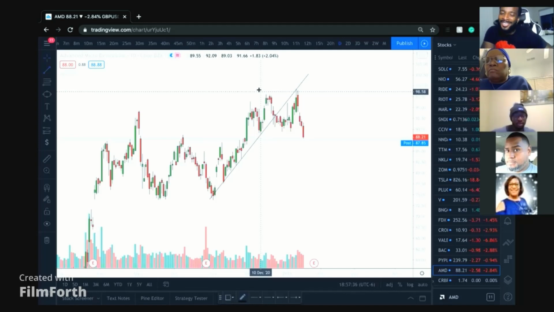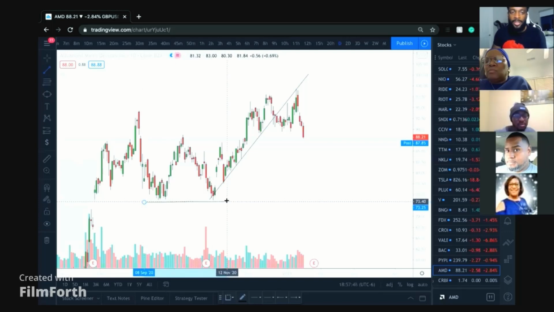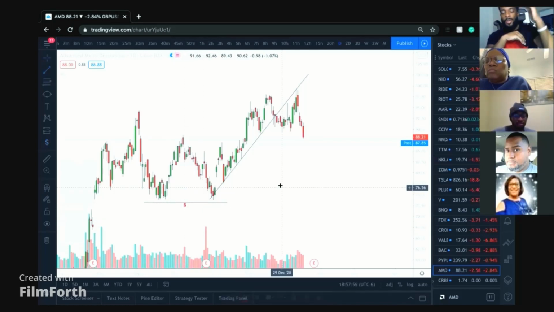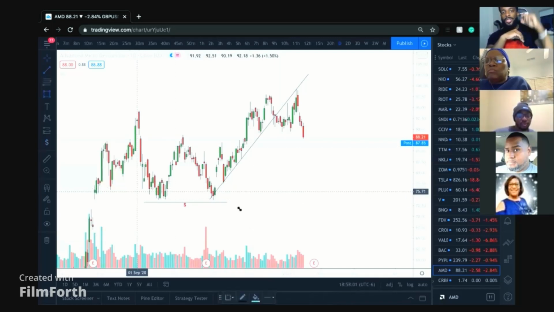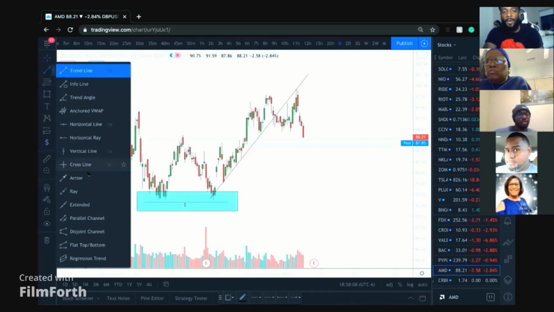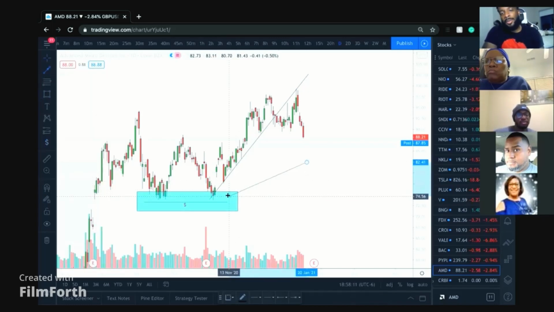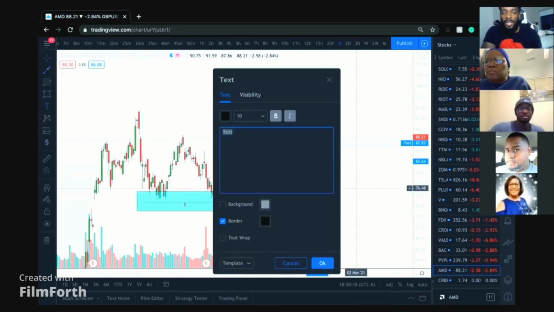Hold on, because you're going to confuse them. When he says liquidity, what he means is, if you look at the wicks, think of liquidity as equal lows and equal highs. That's because when people are placing those orders, somebody's coming in with a stop loss here and a stop loss there. And when you take those orders out, you're taking them out of the game, and you're now taking their liquidity, their cash, their money. That's something we look for in Forex a lot. With stocks, it still matters, but